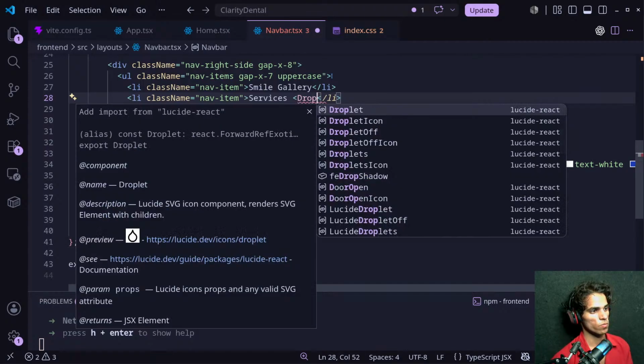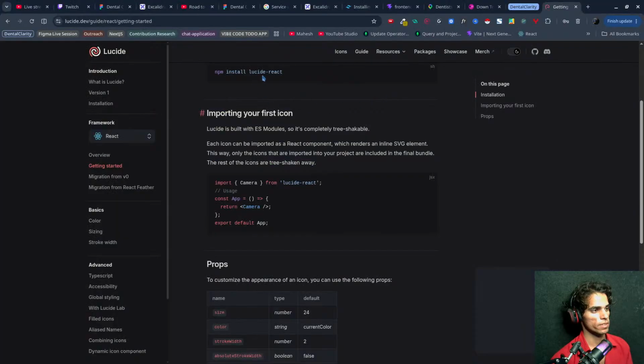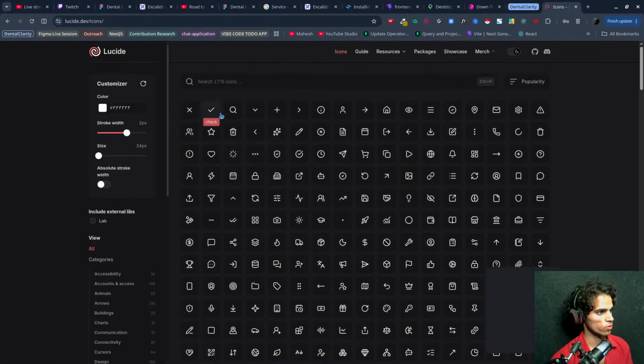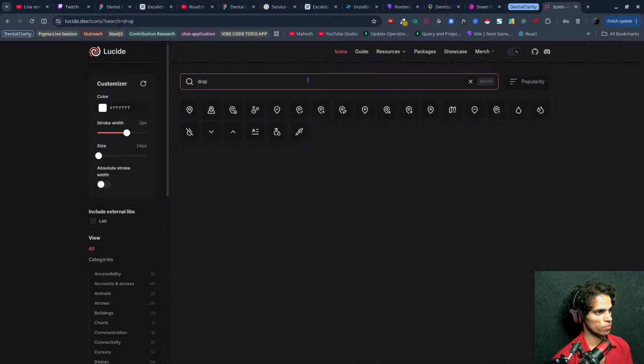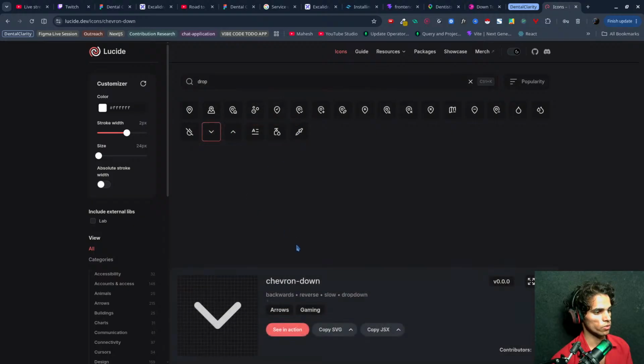Let me check what we are going to use. Yeah, this one, I would like to use this one. What is the SVG? Let's see here.